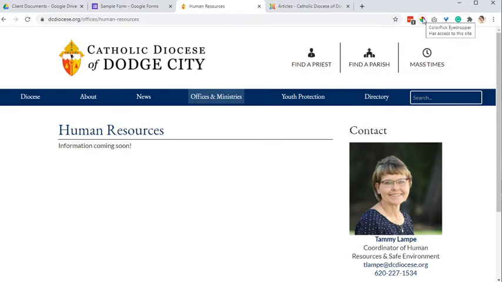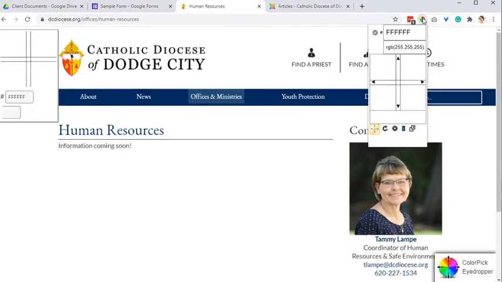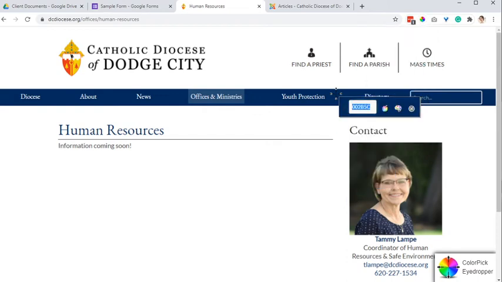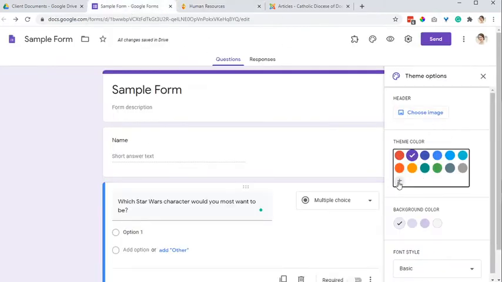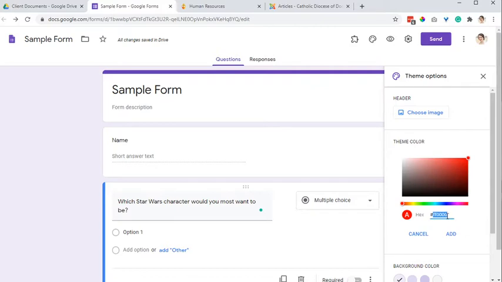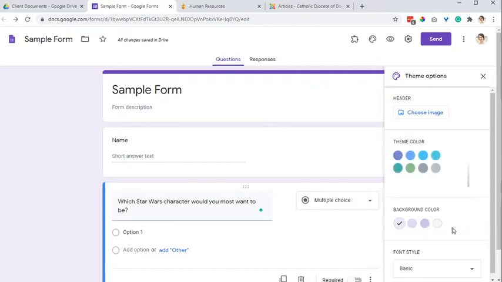Something else I like to do is under Customize Theme. I have an extension in my Google Chrome browser called Color Picker. I will sometimes use that color picker to find the color from my website via hex code, and I'll use that inside my form and add that color here, so that the form matches the color of the site. That's definitely something you can do, definitely not required, but if you want to take advantage of that feature, go for it. You can add an image to the top of your form,